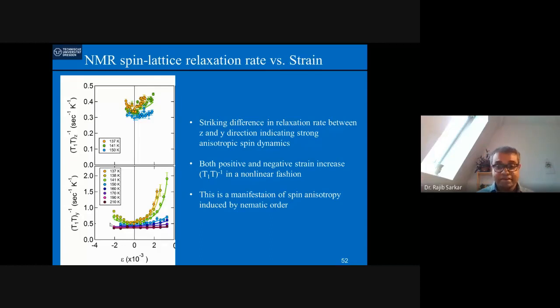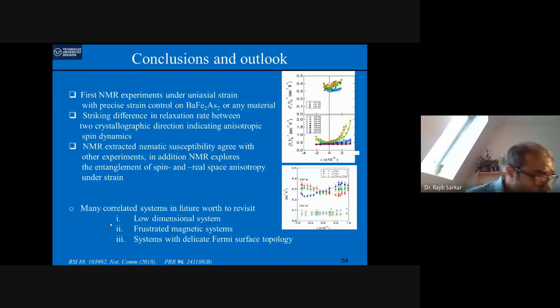So what does it mean? This tells you that you have a very strong anisotropic spin dynamics in the system. It also tells that both positive and negative strain increase it as a nonlinear function. And this is a manifestation of the spin anisotropy induced by the nematic order. So all this very crucial information you can get out of NMR, and you can do a lot of calculation out of it, and then you can get what kind of polarization is in the system. So far so good. With this, I would like to give the concluding part of this section,